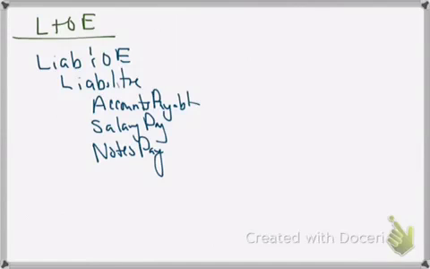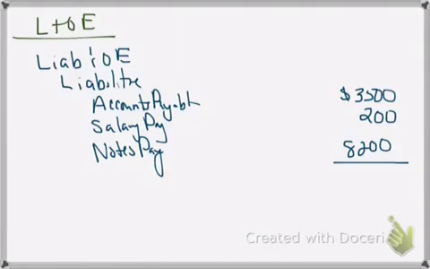So with this, the accounts payable was valued at $3,500. The salary payable was $200, and my notes payable was at $8,200. So I have all these amounts underlined because I want to add those up. And I would get $11,900